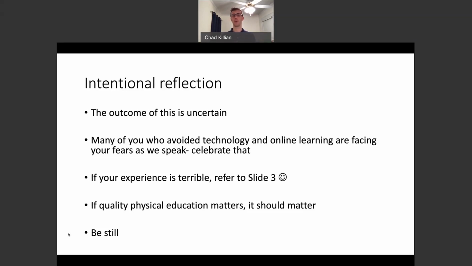And there's a lot more going on than just physical education. So we can do the best job that we can. We can put out quality content. We can communicate, and we should communicate with our students positively and resiliently. But if the technology's falling out, if things aren't quite vibing, the world will continue turning, and we'll come out of this better. We're already doing that. A lot of you are already approaching fears or avoidances that you never thought you would. So keep up the great work.